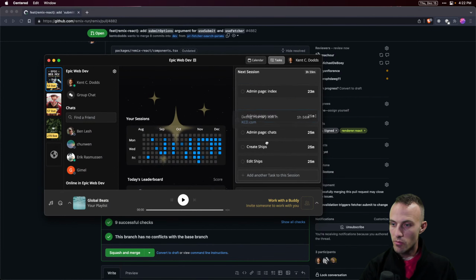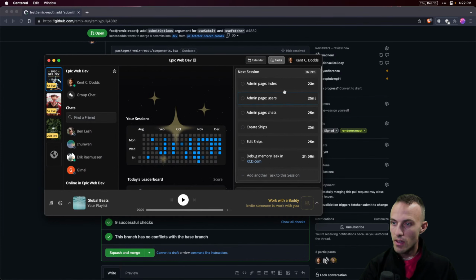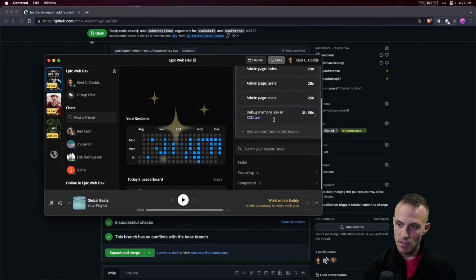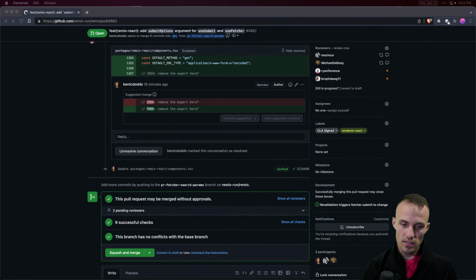We're not going to debug the memory leak anytime soon. And we're going to get back to creating ships and editing ships. I'm thinking we're going to maybe do the admin page, but I think I want to make it more of a dashboard thing. I was just thinking a dashboard would be really nice and would also teach a lot of things that I think would be useful for people to see. So